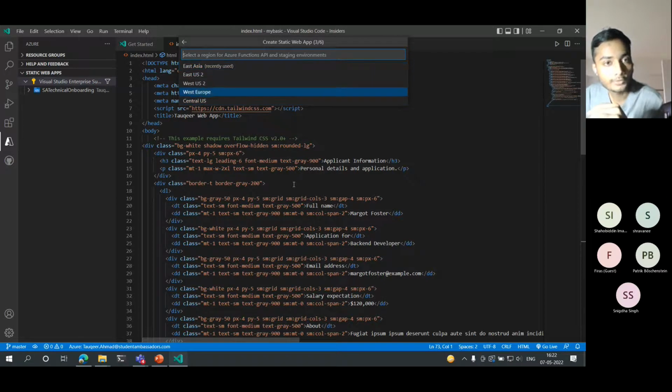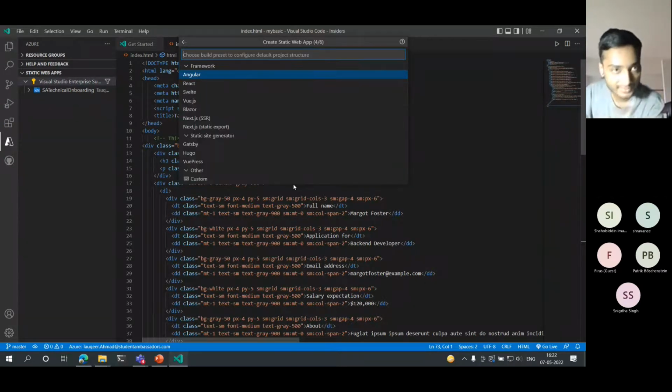And you will find a lot of servers over here. What are all these things? These are the regions. Let me tell you that Azure servers are sitting in different parts of the world, and they are providing you a server to make your content available throughout the internet. So we currently have 5 servers, and the closest and nearest one is East Asia, so I shall be using this.